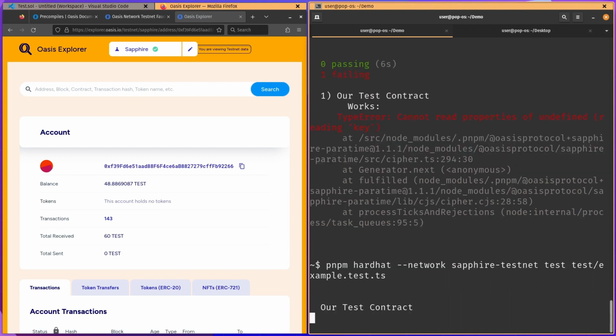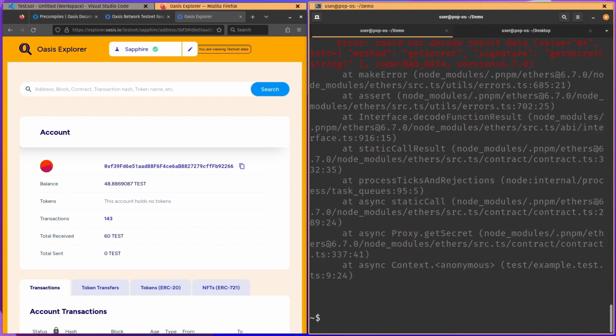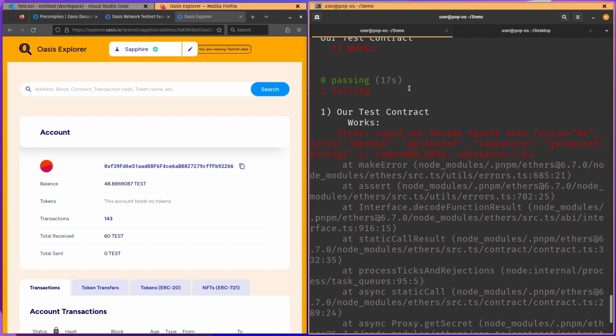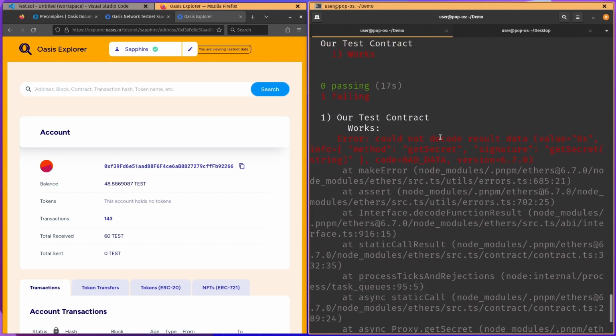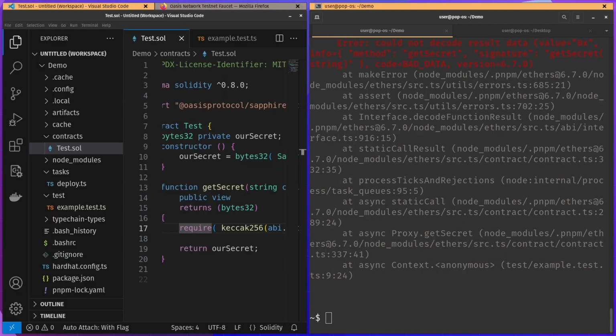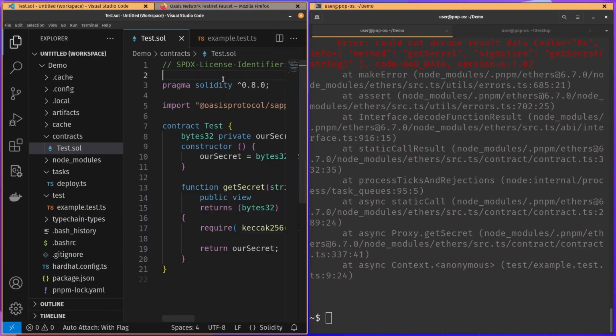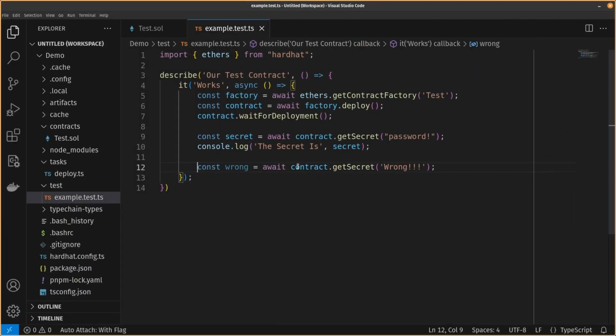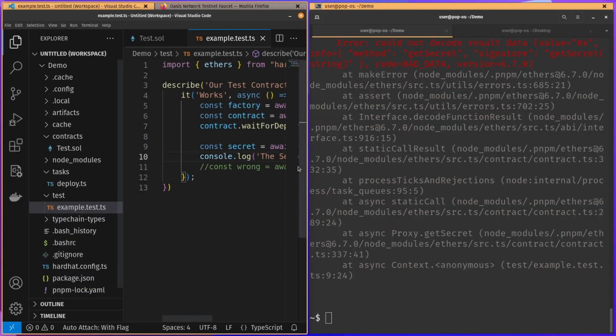But if that happens, just rerun the test. And you can see, so if we remove the error from here and deploy this again,